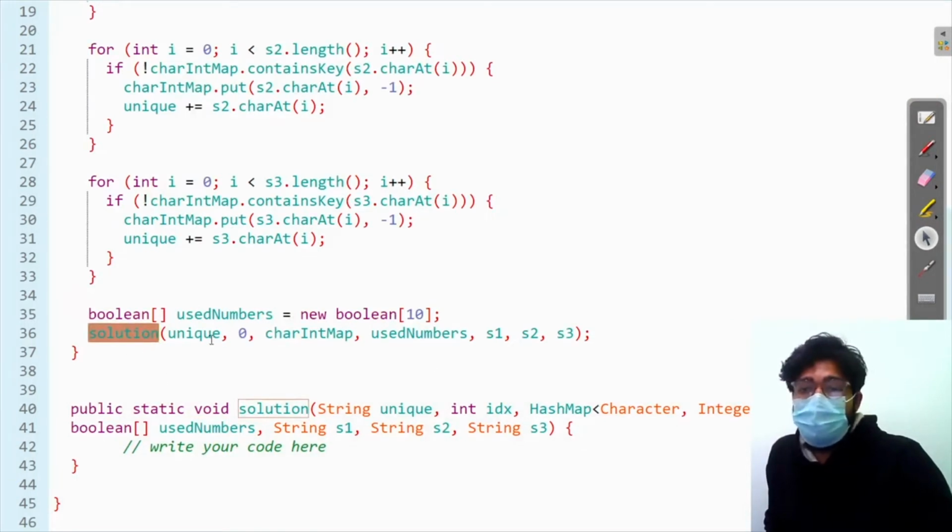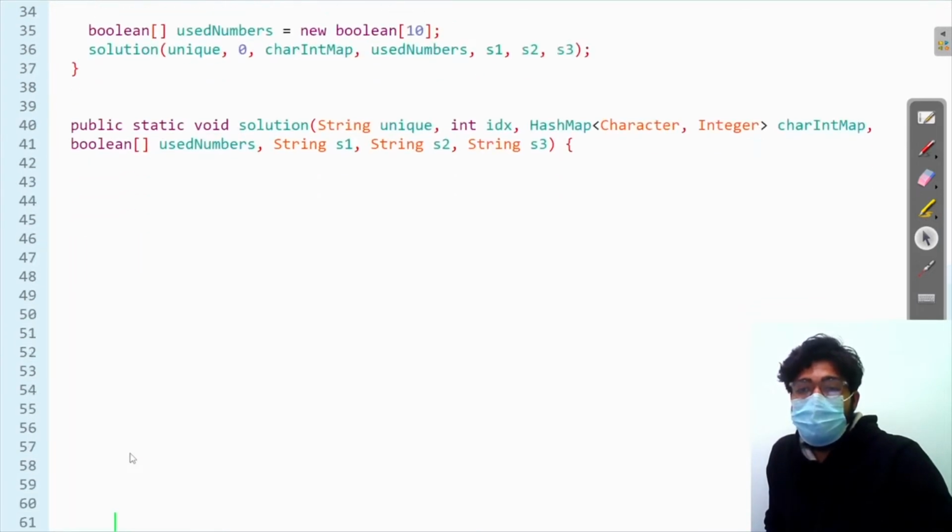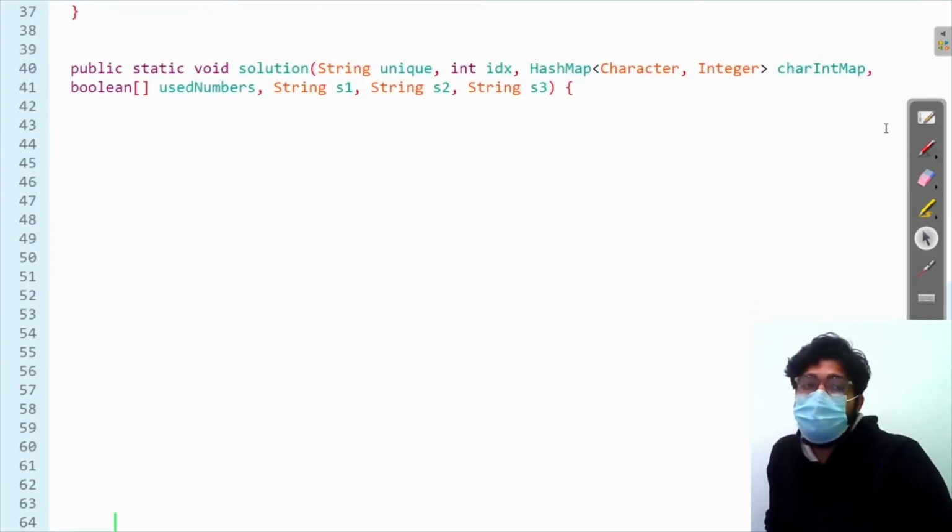Okay, we have unique, an index from where we are starting in the unique string. Then we have current map, which is the map. Then we have a used number, which is a boolean, then S1, S2 and S3. This is the function we need to complete. We will just do it in a minute, but before that, let's get to our board and understand it